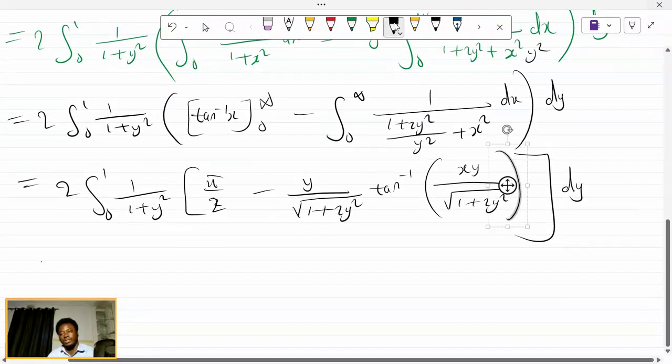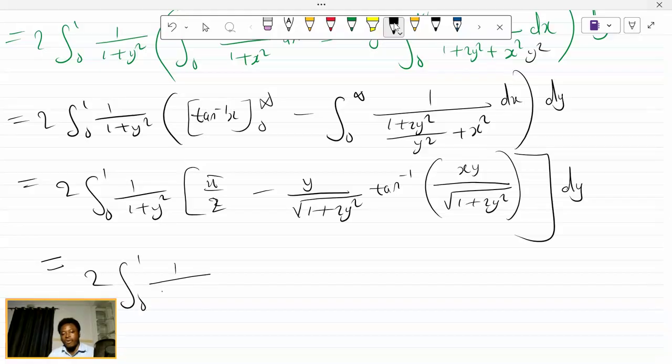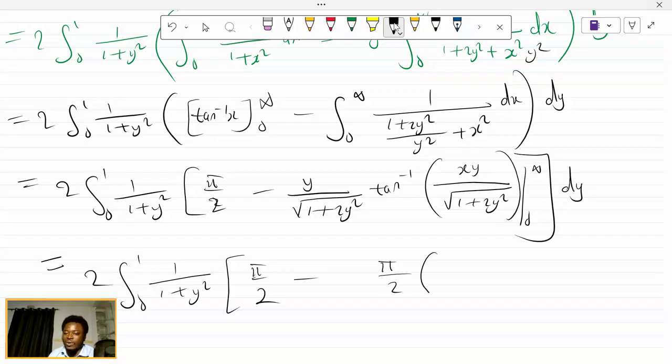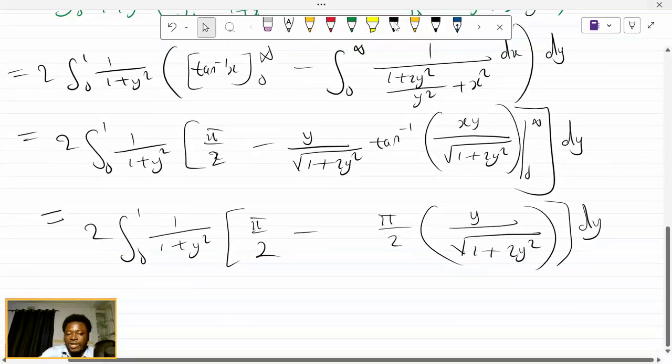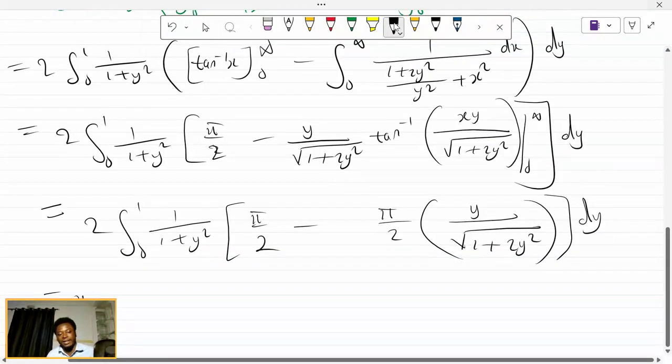So then you end up with twice the integral from 0 to 1 of 1 over 1 plus y squared, then you have pi over 4 from pi over 2 minus, where the limit of integration is from 0 to infinity. When we get infinity, we get pi over 2, so you get a pi over 2 times y divided by square root of 1 plus 2y squared. So everything becomes dy. When all is said and done, you will get pi times the integral